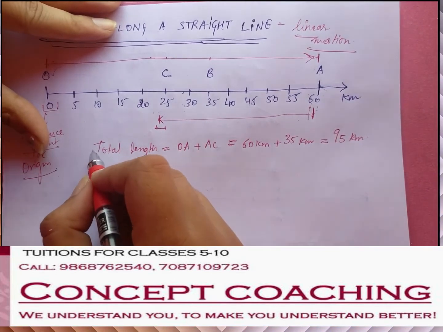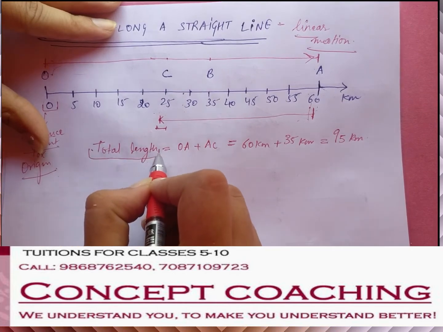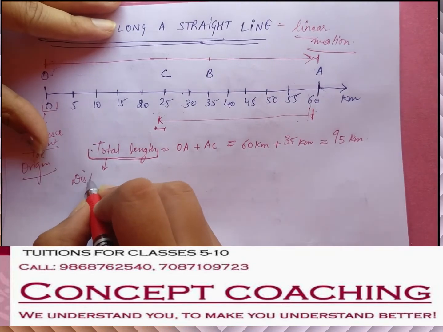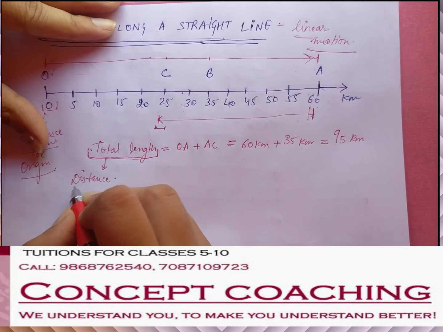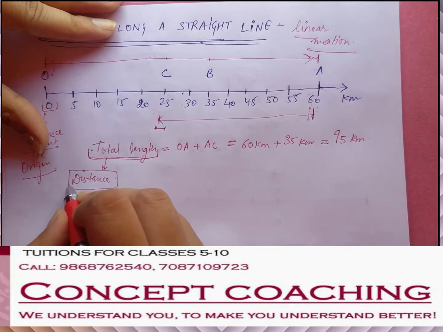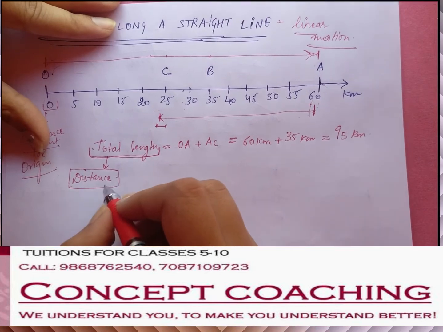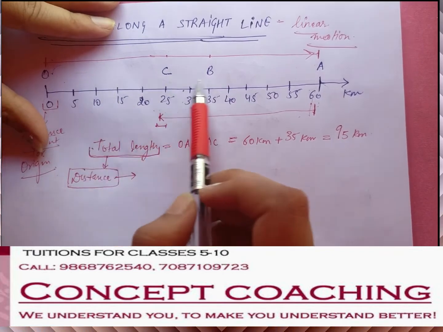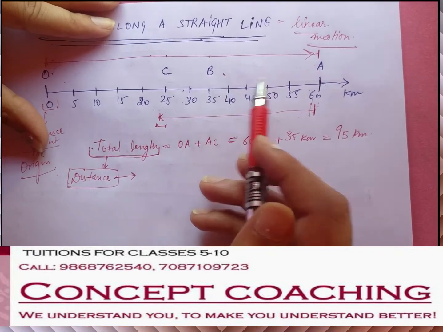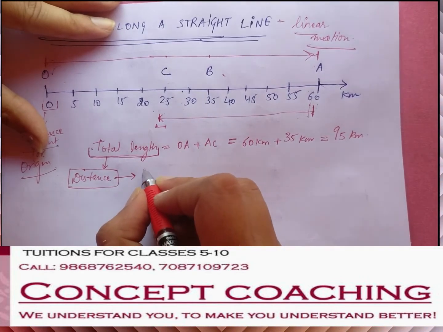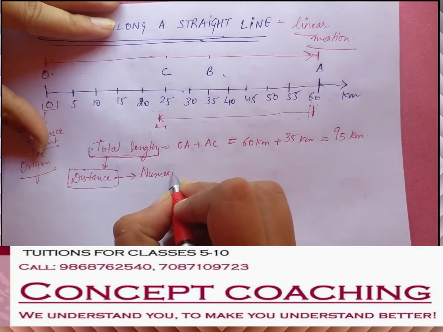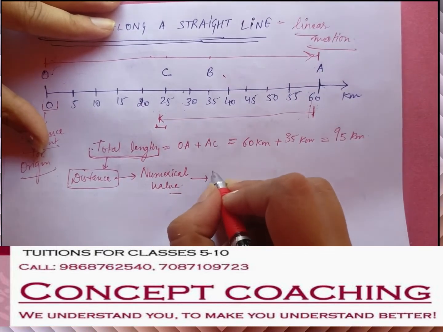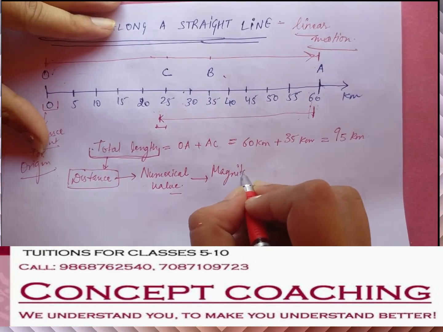Okay, so what we did here was calculate the entire length that was covered by our object. This entire length which was covered by our object is also called the distance. So here we have defined distance as the total path length covered by our object. As you can see, we did not need to determine or put any direction onto this when we were determining the entire path length. So the distance has only a numerical value and no direction. Therefore we can also say that it has only magnitude.